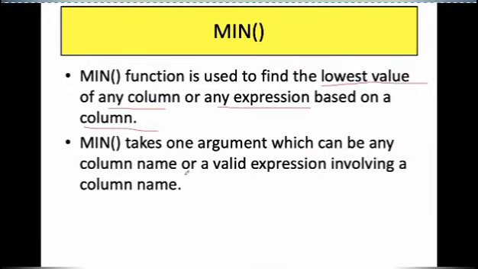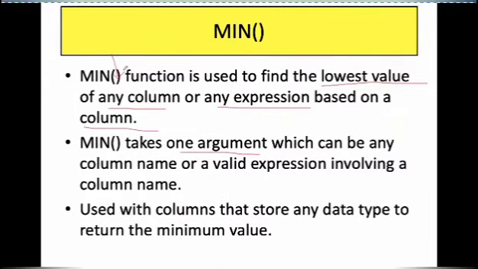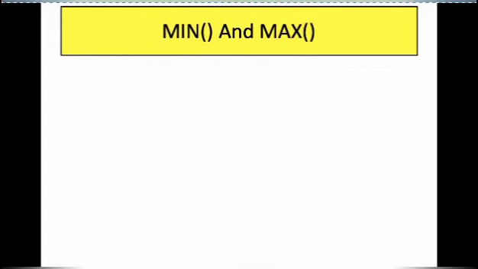So min takes one argument. In the same way, the min function also takes one argument as parameter, only one value as parameter, one column name. So it can also work on any data type. Minimum date, that is, you can pass a column which has a date data type or string data type, like name, date, date of birth, date of joining. So it will give you the minimum value out of that. I hope the minimum function is clear to you. Now let us see the next.